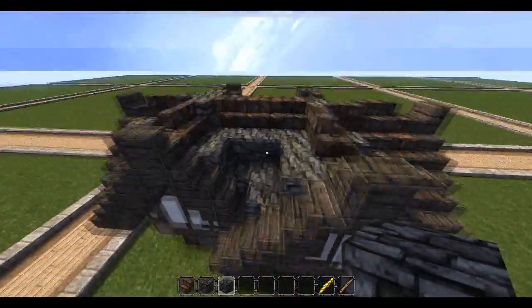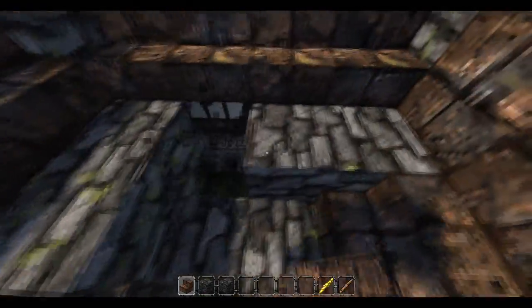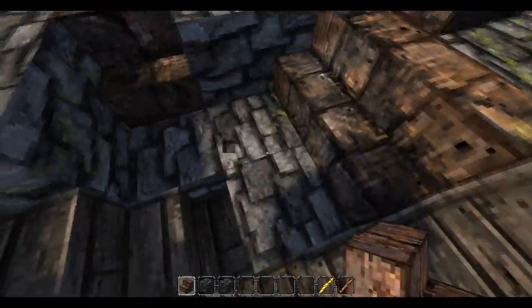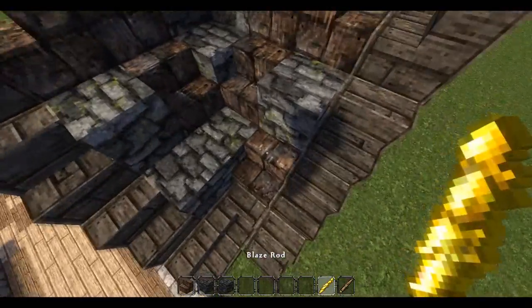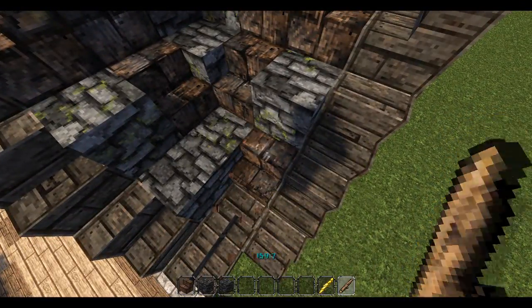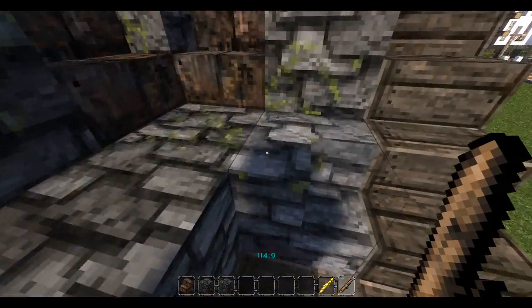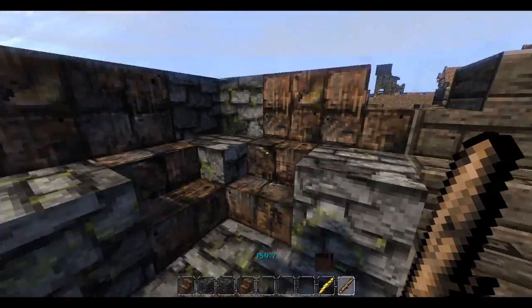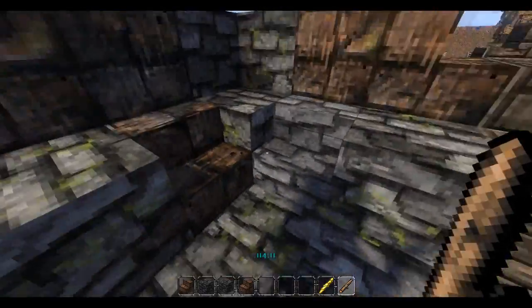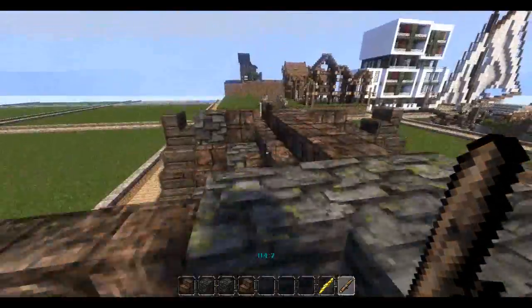So once you've randomized it all and you've got your stair blocks where you want them, then you can start to use the meta stick. You're just going to get the stick and hit it a few times until you start to get this coloured texture, and you keep going until it faces the direction you want. I'm going to shift and left click and find all the stairs that are facing that same direction, and just change all of the